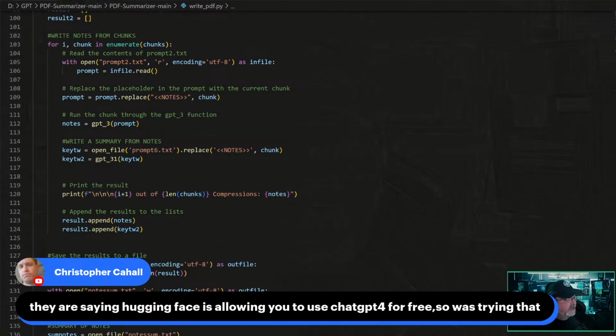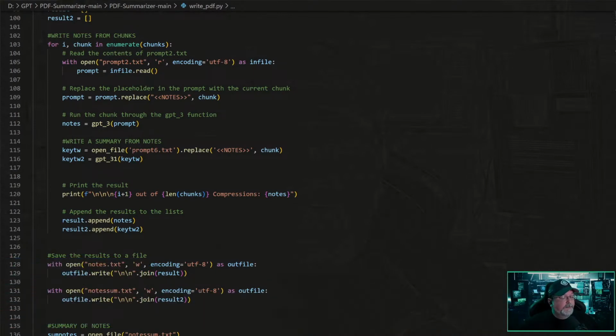Okay, so they're saying that Hugging Face is allowing you to use ChatGPT 4 for free. Huh, interesting. So yeah, I'm paying for ChatGPT 4, but what I'm really looking for and waiting on is the ChatGPT 4 API. As soon as I get the ChatGPT 4 API